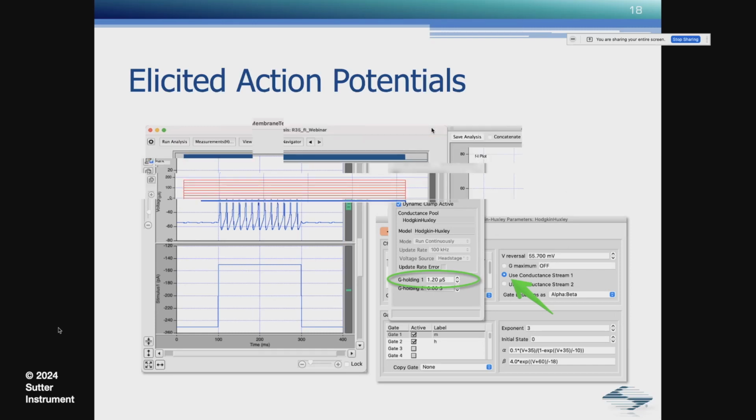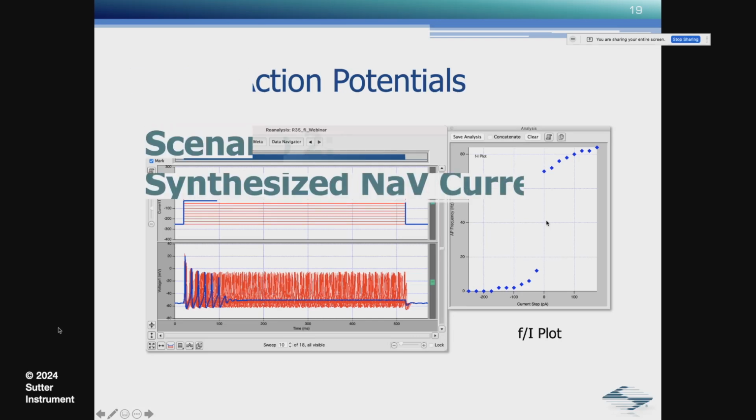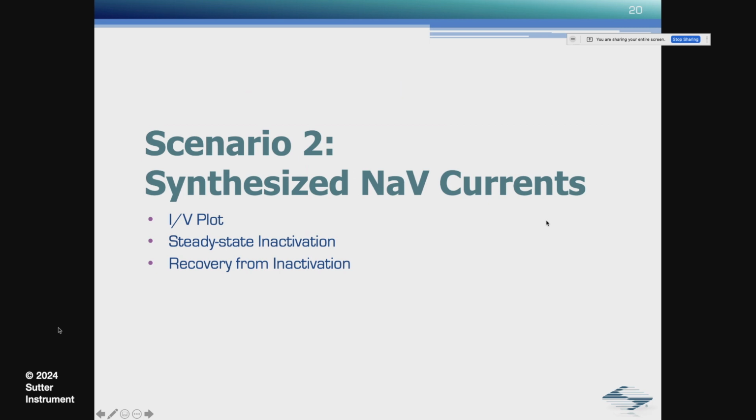And then the second thing I'll do is create an FI, frequency over current plot, where I inject current steps of increasing amplitude and then look at the action potentials that elicits, and I'll measure the frequency and plot that in real time.